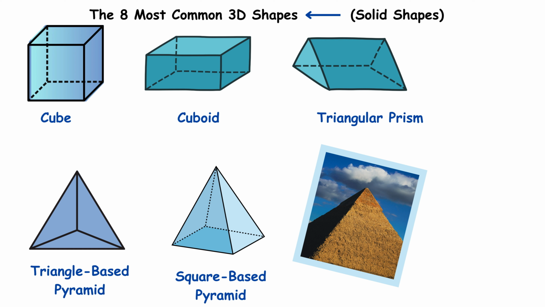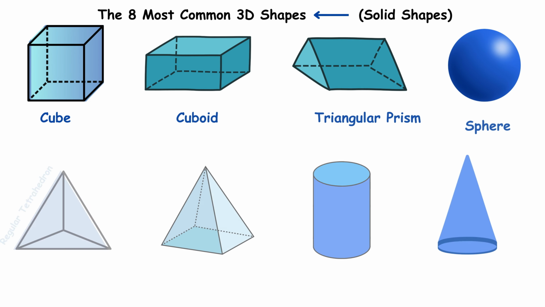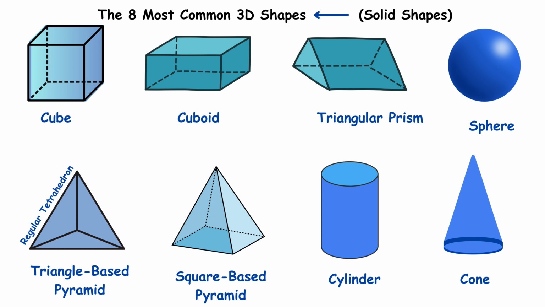Also, just so you know, you might sometimes hear the triangle-based pyramid being called a regular tetrahedron, but that term refers to a very specific type of triangle-based pyramid, where all faces are equilateral triangles, meaning all sides and angles are the same. Now, moving on to the last 3 shapes we need to know, we begin with the sphere,